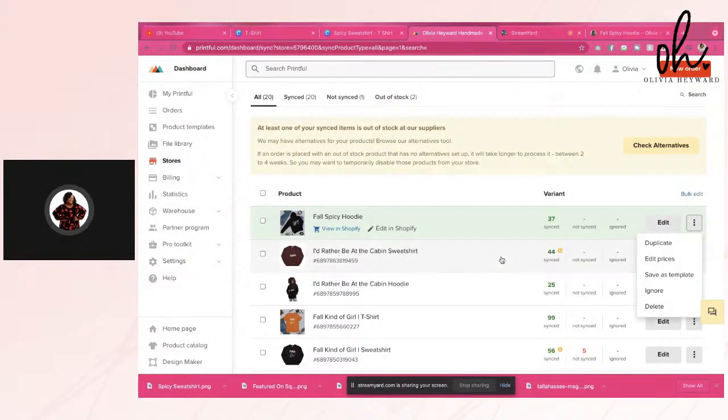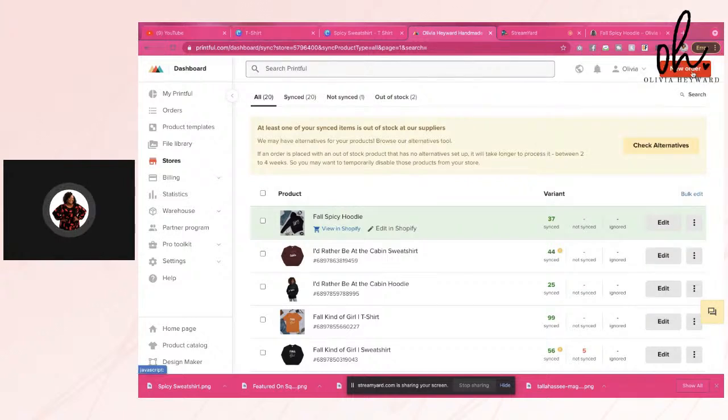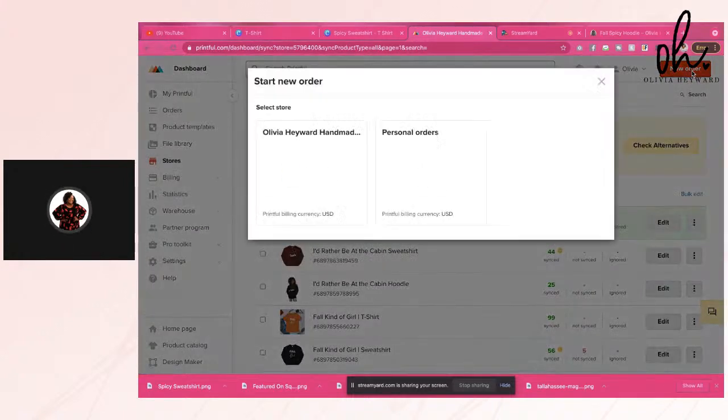But if you do not have a website and you want to start offering merch and you just want to sell it, you can also go to, once you make an order. So if you post a picture and be like, hey, I got this merch for sale, whatever, if you have them Venmo you or PayPal you or whatever, you sell them like that until you get a website. If you do that, once you get an order, you can come right here to go to the new order, and you can go to